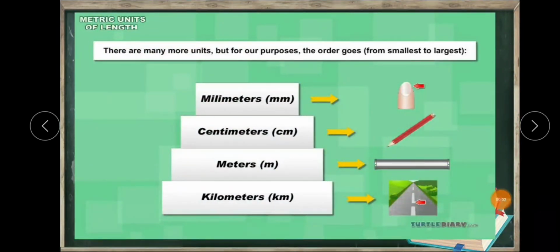Here are some objects given as examples which are measured in millimeter, centimeter, meter and kilometer. And we learned that millimeter is the smallest unit to measure length. And millimeter means how much length? If we explain through an example, we can say the nail of your finger is measured in millimeter, and the length of an ant is measured in millimeter, and so on.